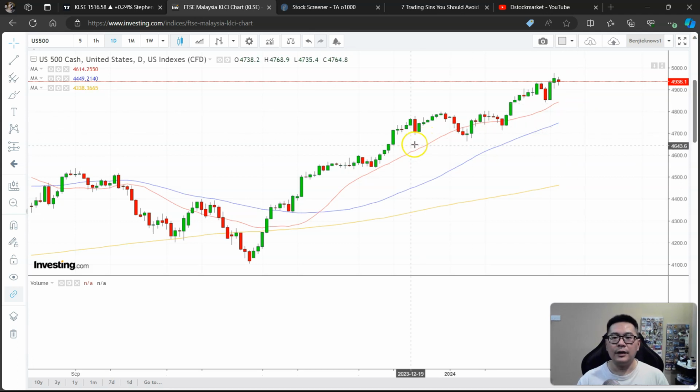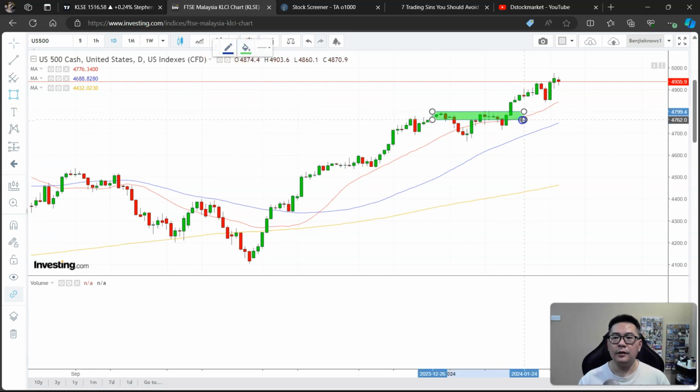If you look at the daily chart, it is still above the 20 MA, so we should have a generally bullish bias. If it's above the rising 50 MA, a mid-term bullish bias, and if it's above the rising 200 MA, generally a long-term bullish bias. And here again, let me just draw this